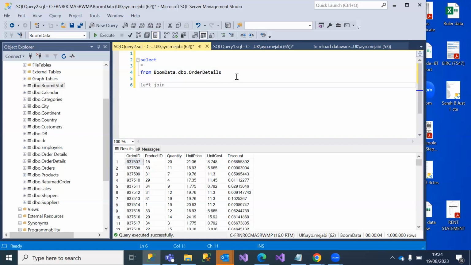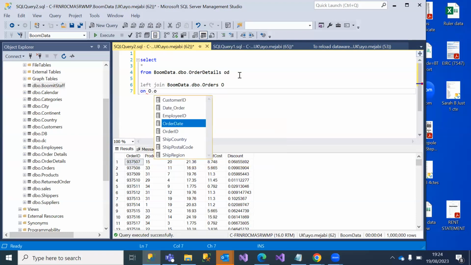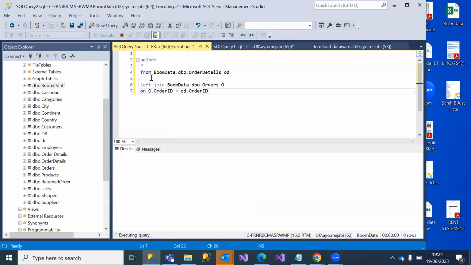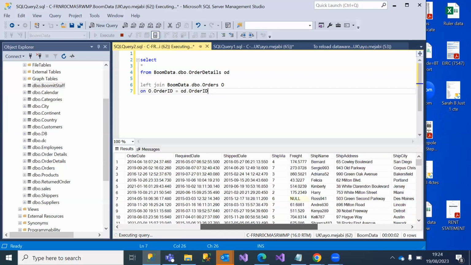Left join boom data dot DBO dot others on OD dot other ID equal to OD dot other ID. Okay, do that. That gives us so many things.